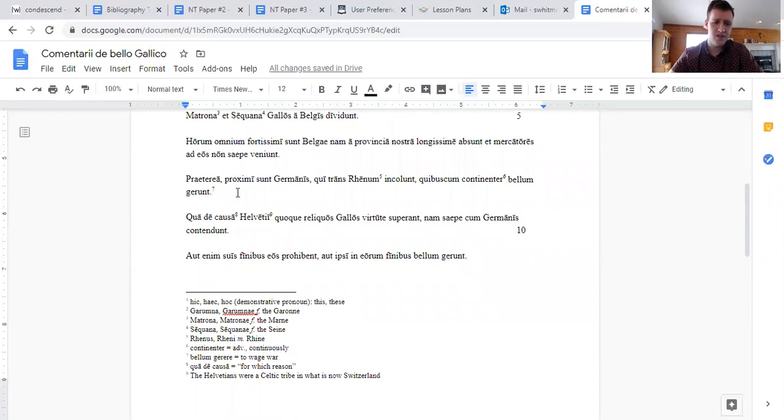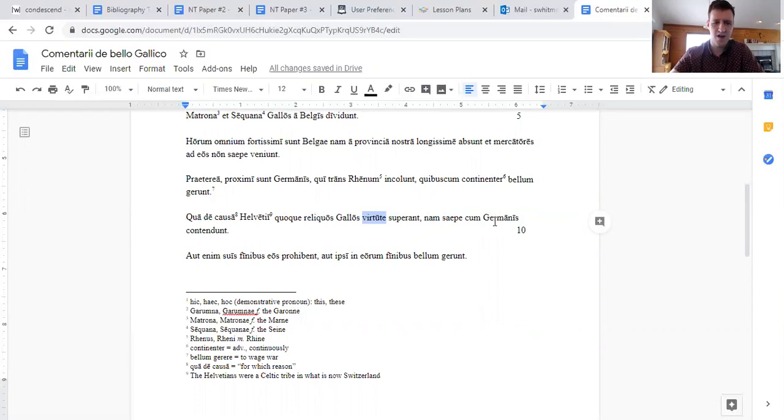Additionally, they are nearest the Germans. They are nearest to the Germans who dwell beyond the Rhine, and with whom they constantly wage war. Because of that, the Helvetians also surpass the remaining Gauls, the rest of the Gauls. Now, this is a fix. I messed this up. They surpass them in respect to virtue, another ablative of respect, not ablative of means. So they surpass the rest of the Gauls in virtue